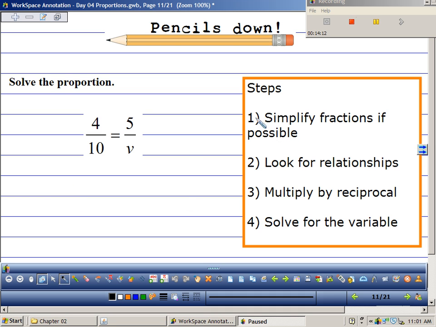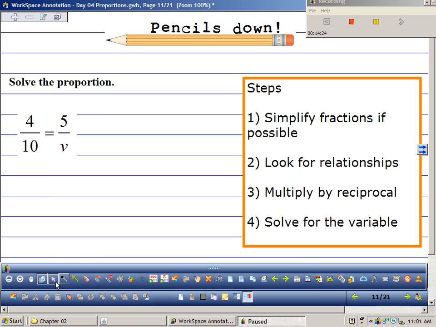Pencils down. Simplify fractions if possible. Okay, I see that 4 and 10 have 2 in common. So I'm going to rewrite this as,